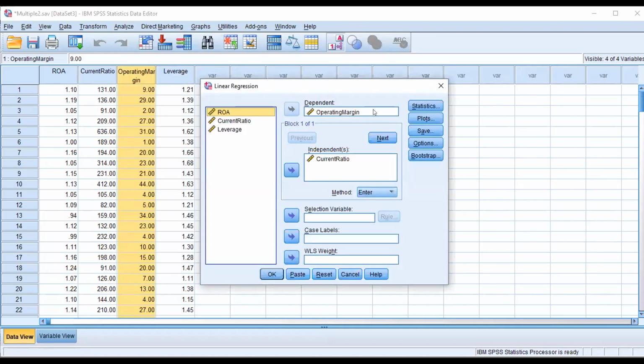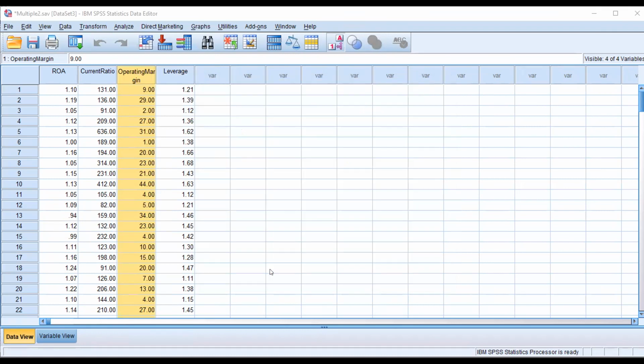Here the dependent variable is operating margin, and the rest of the variables should be independent variables. I just want to know whether R square increases. From 0.099, about 9%, it increased to 0.25.